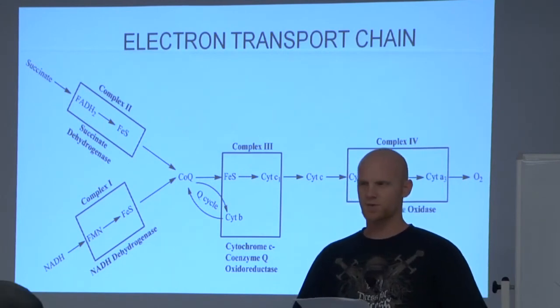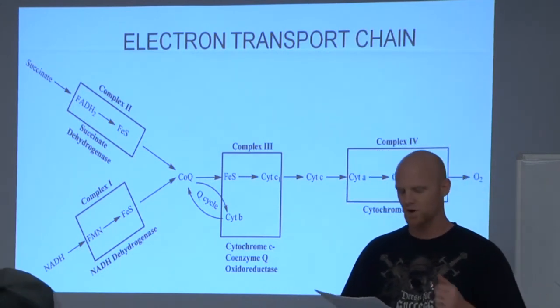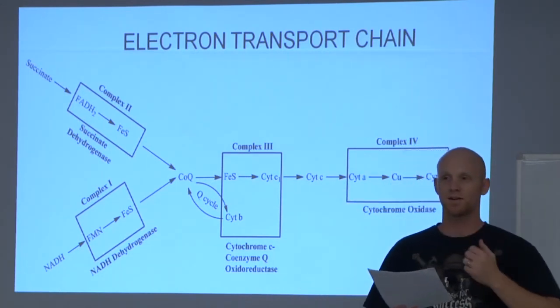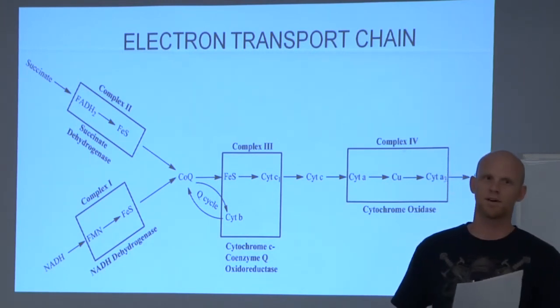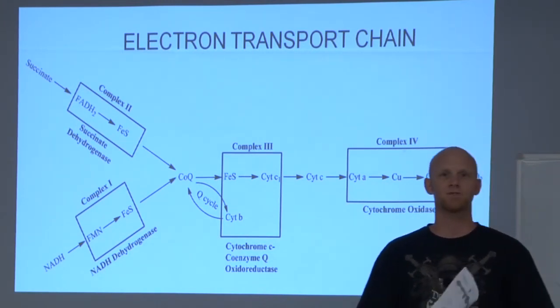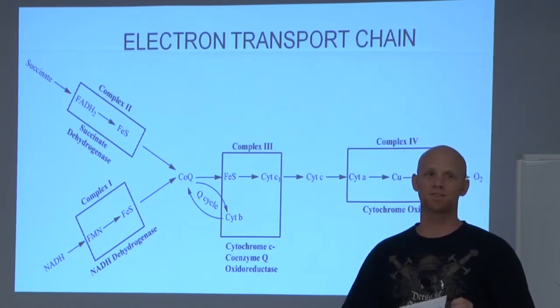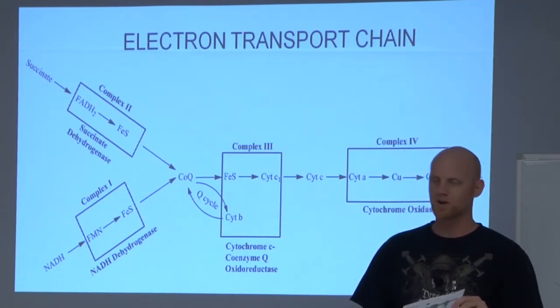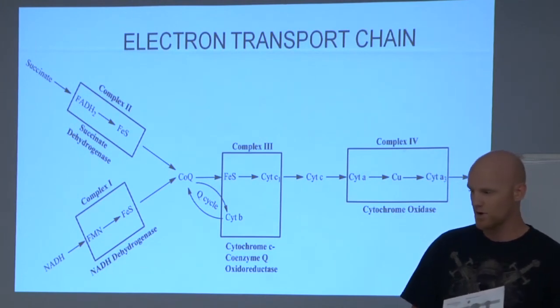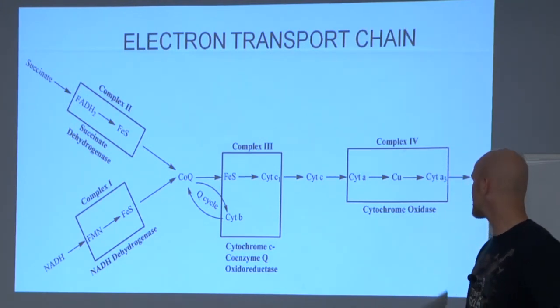So you were presented with a few different inhibitors. One for complex 1, one for complex 3, a few for complex 4, and then an uncoupler. So a couple things you need to know. The ones for complex 1 and 3, I'd memorize them, but they're less important than the other two. For complex 4, if you recall looking at complex 4,